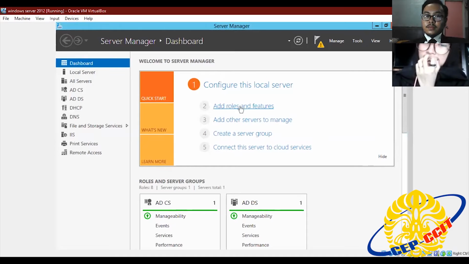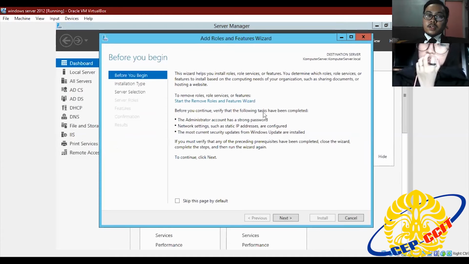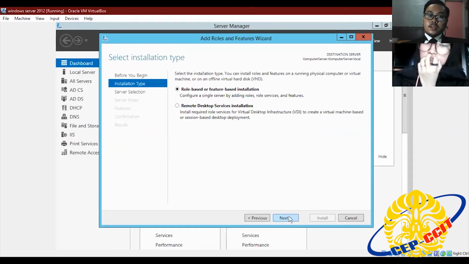Second, add roles and features, and in the Add Roles and Features Wizard, click next. For the installation type, we choose role-based or feature-based installation. Next,